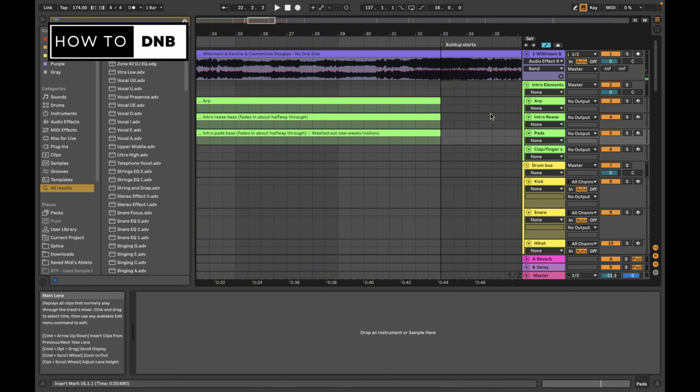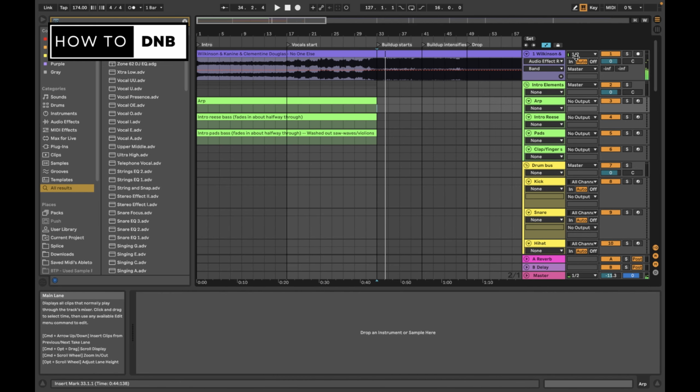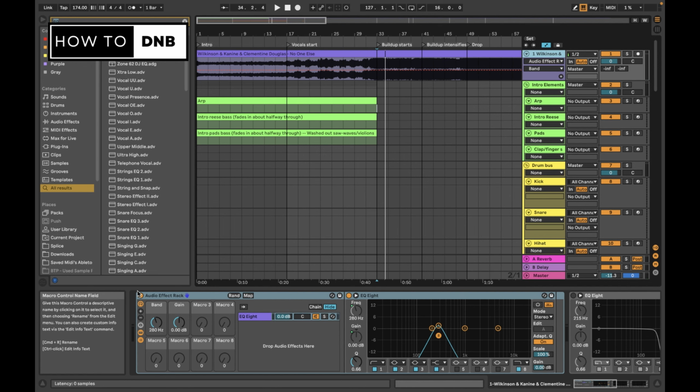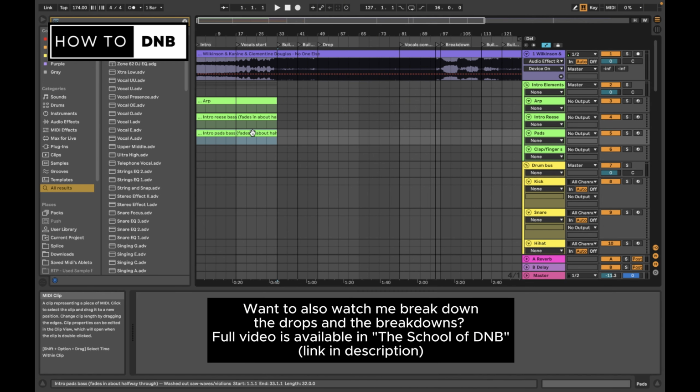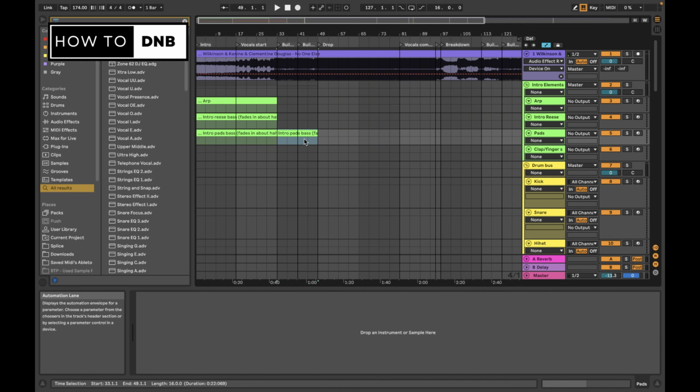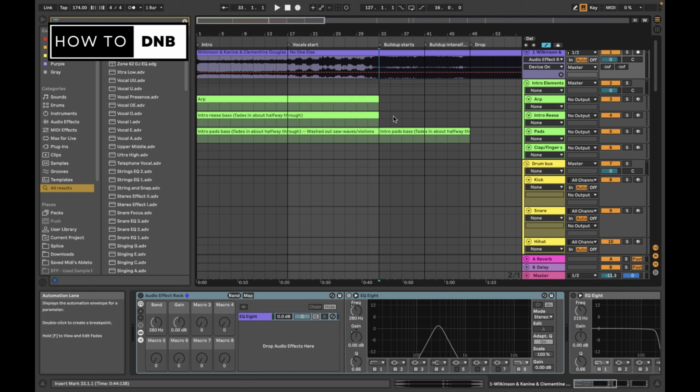And they'll very likely go throughout the build-up as well. What usually happens with pads like this is that they will take up the entire intro, and they'll go all the way until the drop, but they'll get faded out. The volume becomes lower, and instead of being a proper intro element, it will just be a layer under all the excitement of the vocals and the build-up and all those drums that come in there and all that kind of stuff.